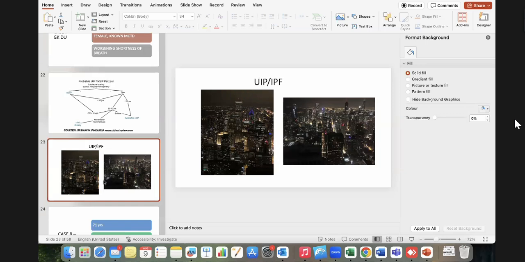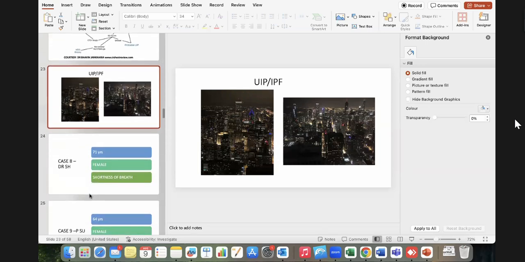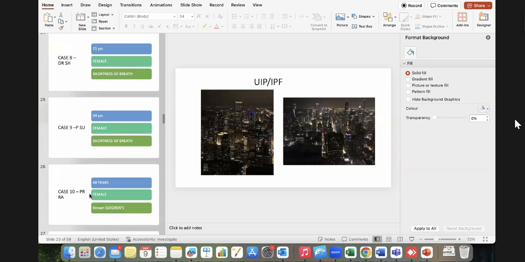The moment we see that the UIP pattern is because of connective tissue disorder, we call it CTD-ILD. If it is because of sarcoid, we call it sarcoid UIP. If we do not find any cause behind that, it is only then and only then we call it IPF or idiopathic pulmonary fibrosis. So, just to make the distinction clear, as we move forward to our next case,